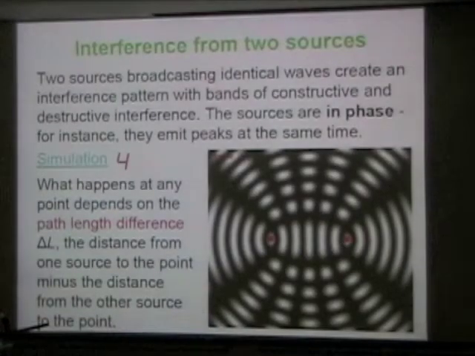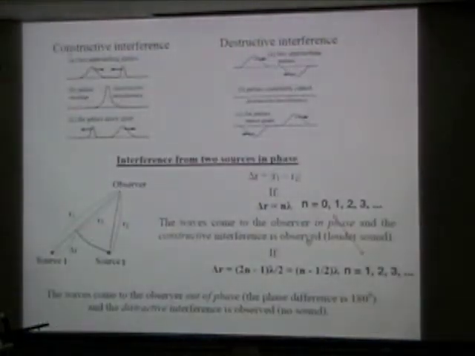What does it depend upon? When do we get the maximum, when do we get the minimum? Well, all we have to do is calculate the path length difference. So this is one way of traveling to the observer, or to a specific location, from the first source. This is another way of traveling. And as we know,